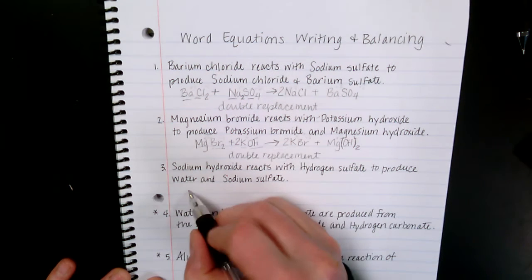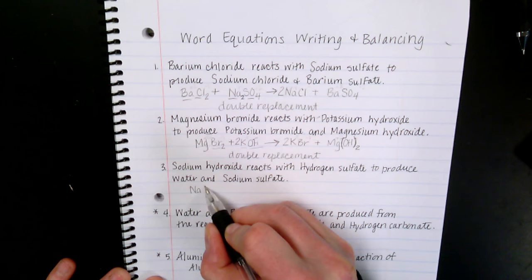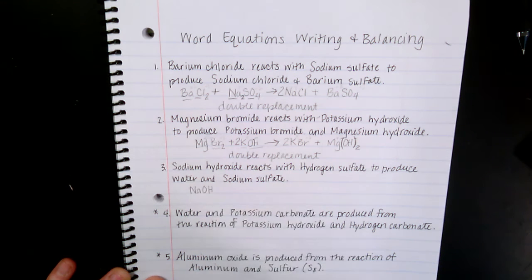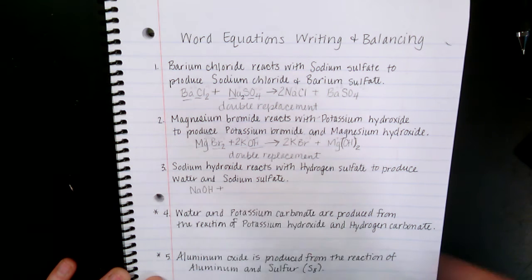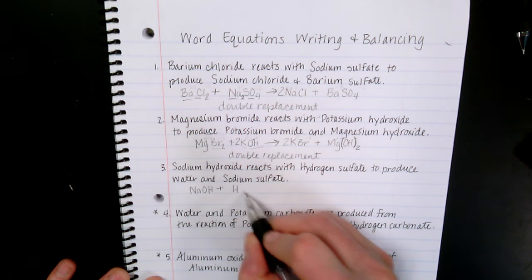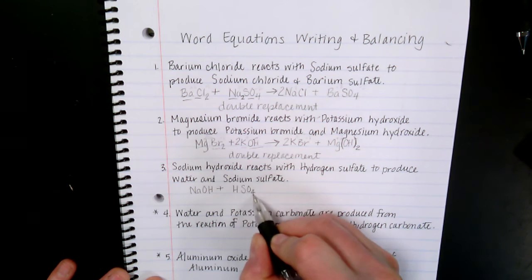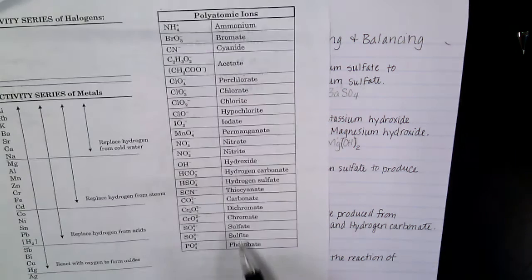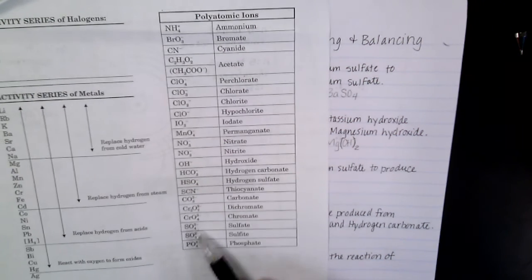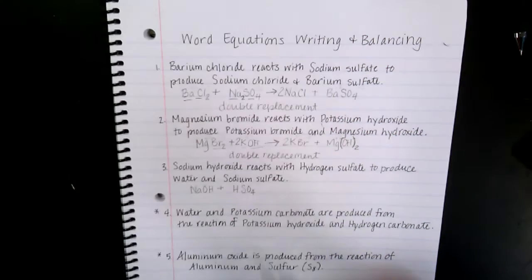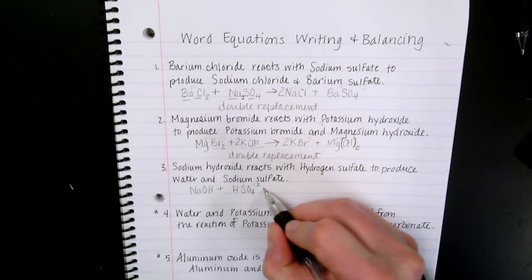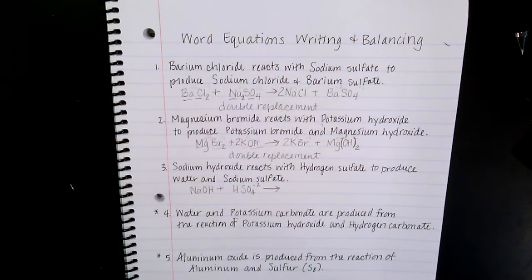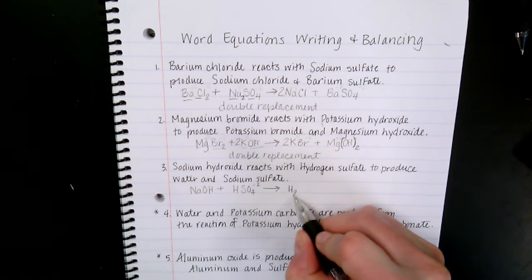Next one, sodium is Na. So it's sodium hydroxide, which is OH, reacts with hydrogen sulfate. Sulfate is a polyatomic ion with a formula of SO4 and a charge of -2. That's on your reference table. I'm going to go ahead and put this charge there, to produce water, which we know is H2O,